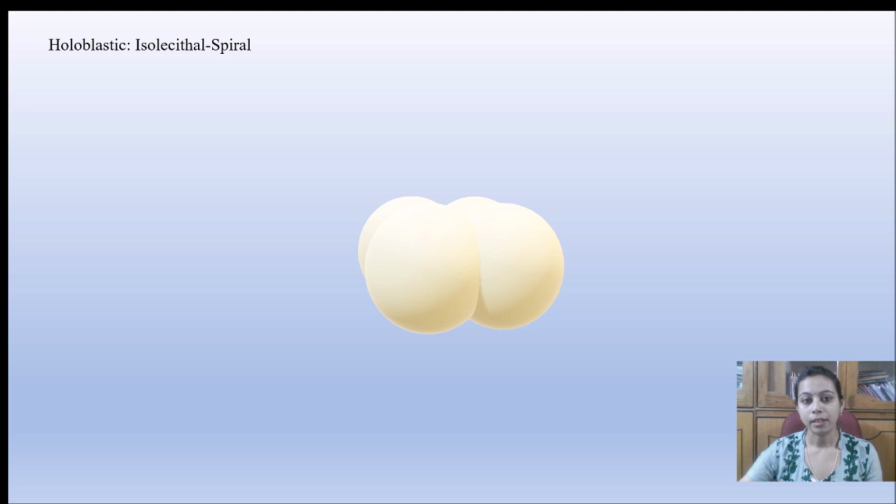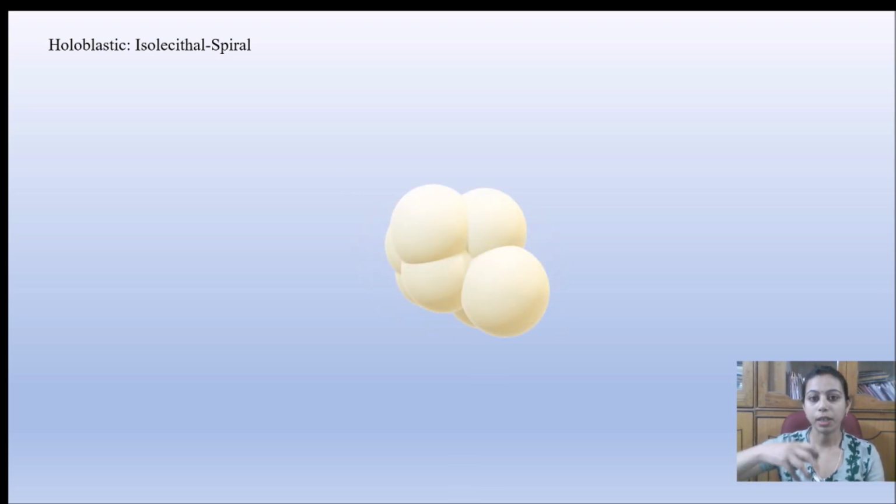Similar to radial cleavage, the cells will divide from 1 to 2, 2 to 4, 4 to 8 and keep on dividing, but the plane of division will be different. Here also, up to the 4 cell stage, the size of the cells will remain the same, and even after this division, the cell will divide in a spiral plane, or in some diagonal plane.